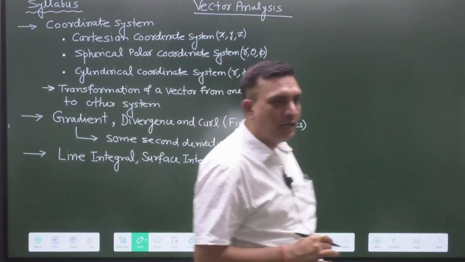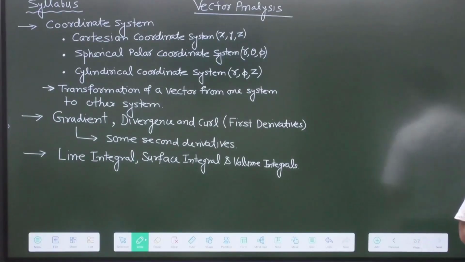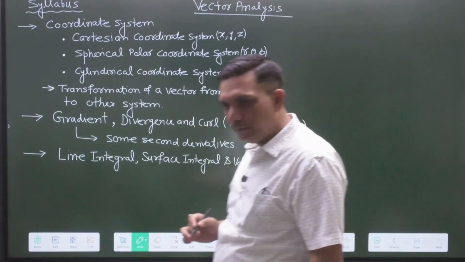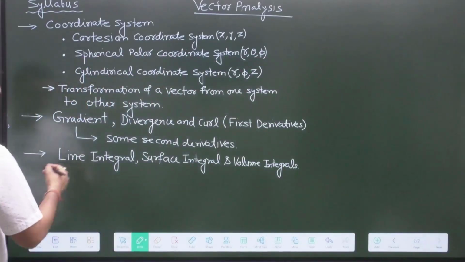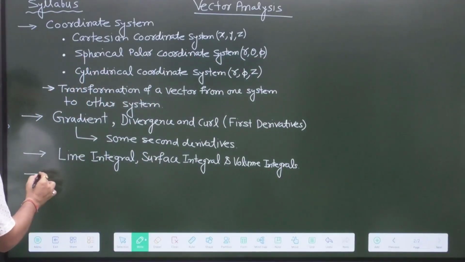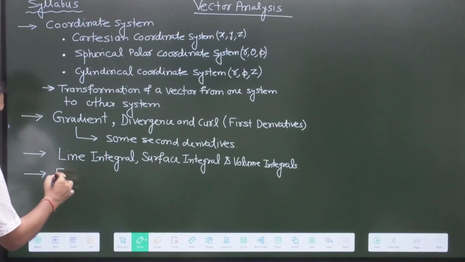So we will first define it and then you will see how to calculate it in different coordinate systems. Okay? So if you know these integrals, now we will define